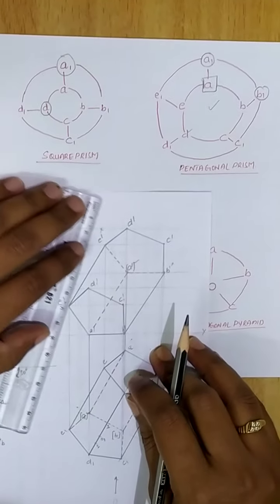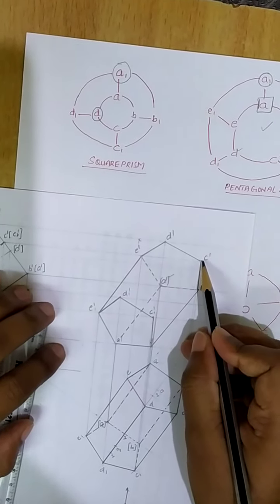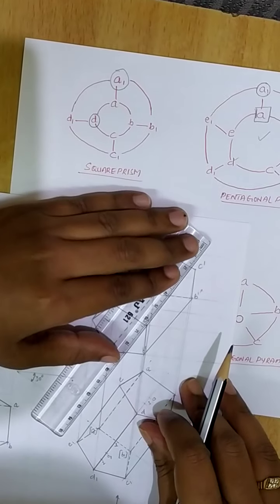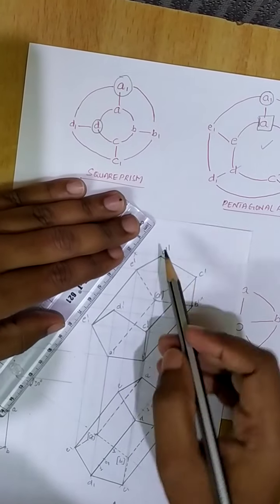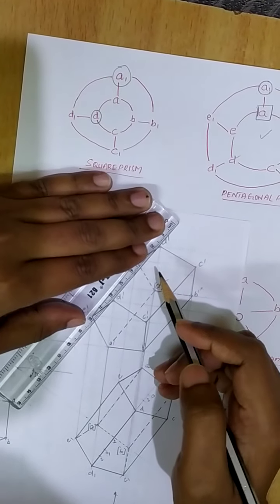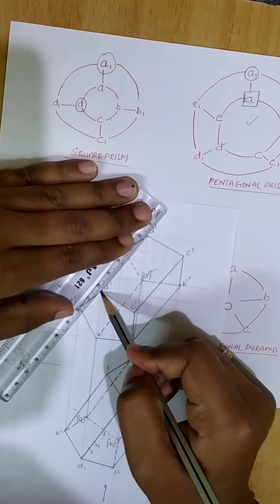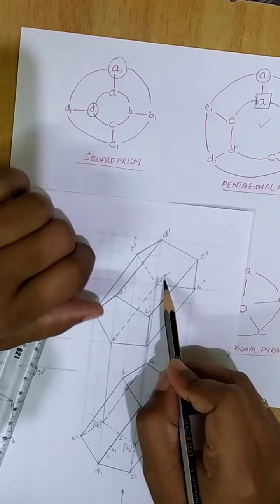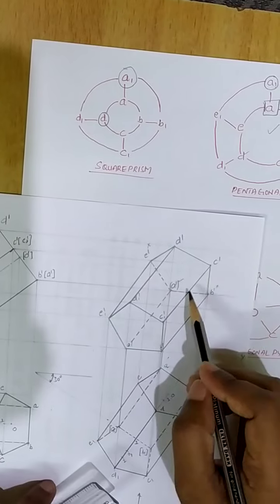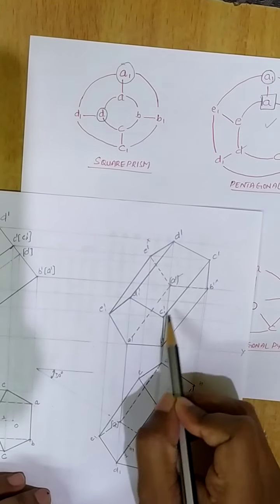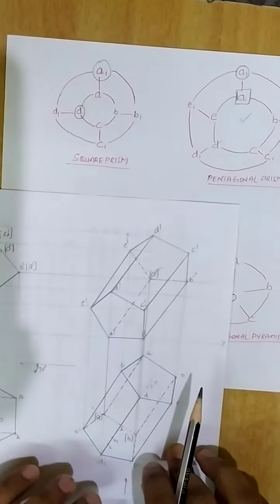Once after drawing that base, we need to check each and every corner for 3 lines. There is a line missing from C dash; only 2 lines are there. Which is that missing line? C dash to C1 dash. You draw that as a thick continuous line. Next the line is missing from D dash to D1 dash, so this should be drawn as well. No one should miss this. What you people do is, once you draw the hidden lines, you forget the remaining lines. That should not happen. Always lines will be missing with respect to the corners. We need to check each and every corner for 3 lines. That is compulsory. Now I am done with the front view.